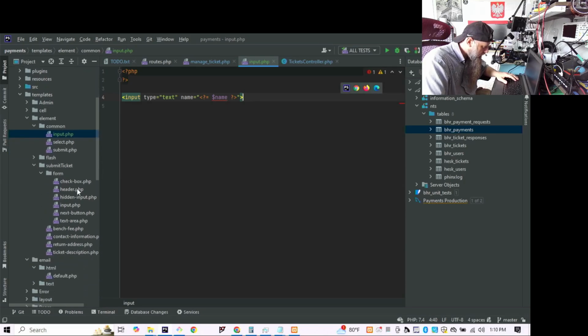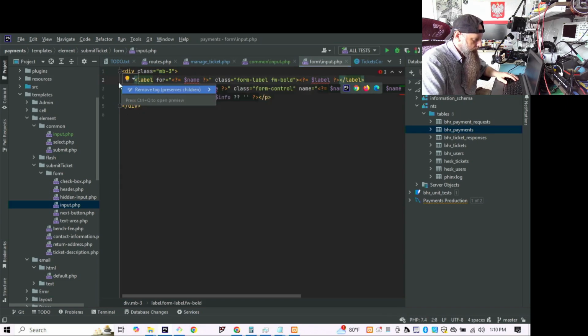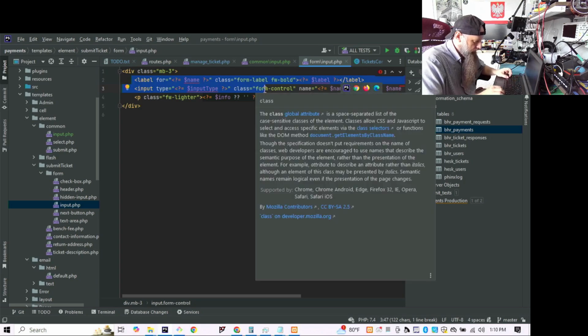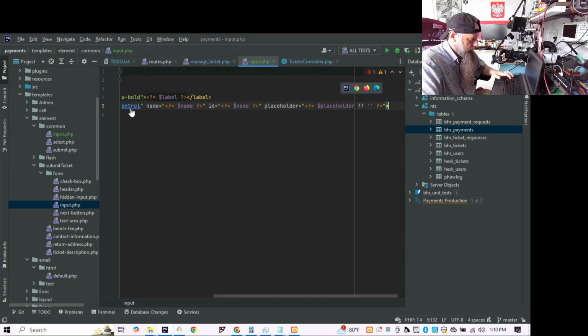And actually we can just copy it from here, because here we did with MB3 and all that. And we don't need, do we need info? We don't need info. So let's copy that and make this a common,